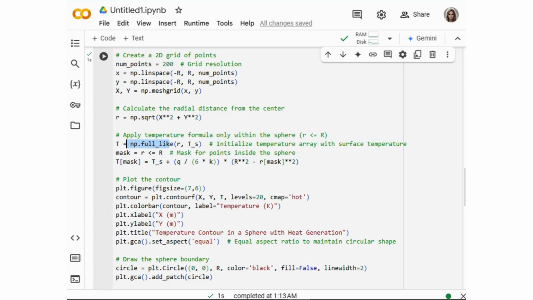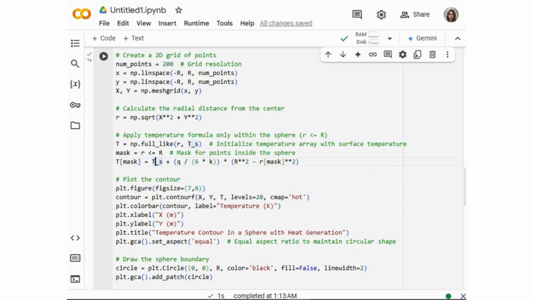Okay, and then we compute the temperature distribution, and for that we are using this full_like function, which will create an array in the same shape as R but filled with Ts, the surface temperature, which ensures that the points outside the sphere stay at Ts. And then we have a mask, which creates a boolean mask, true for points inside the sphere and false for points outside the sphere. Only the points inside the sphere should follow the temperature equation,